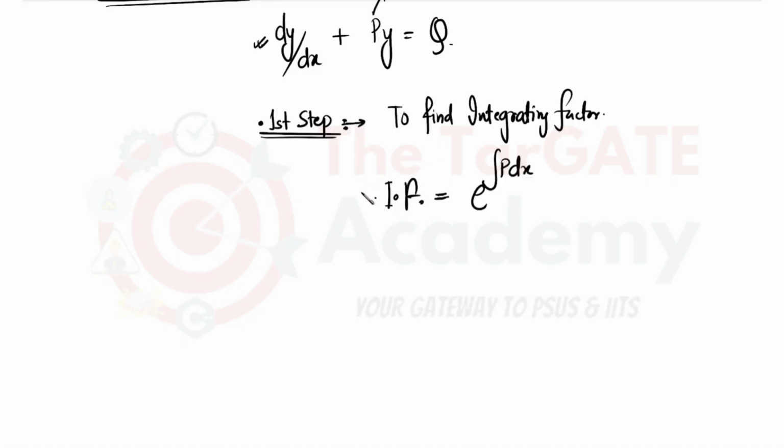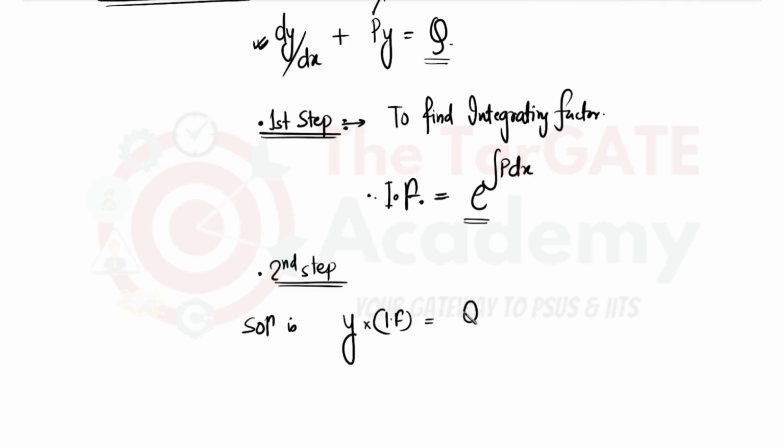So once you find the integrating factor, then the second step will be directly about the solution. How will you write it down? Since the differential equation is based on y, dy by dx, you will write down the solution. The solution is y into integrating factor is equal to, on this side we have q, so q into integrating factor